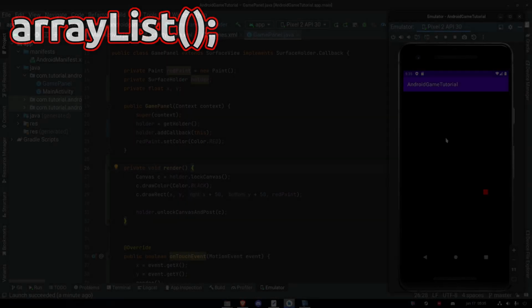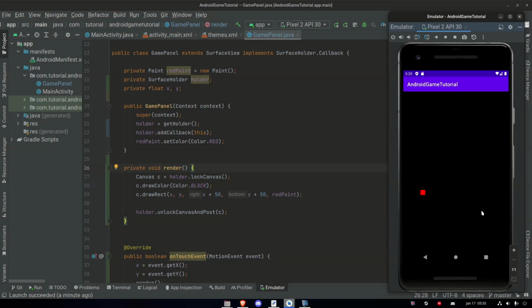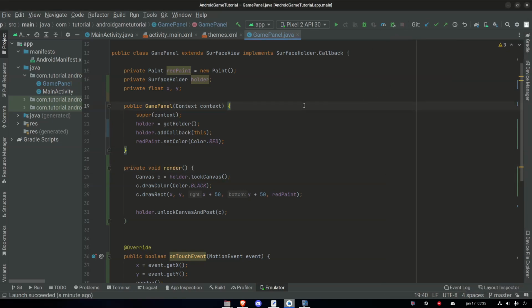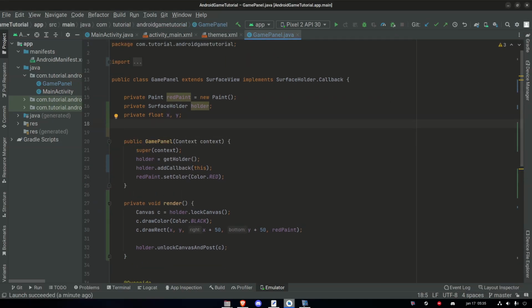Let's do that. Let's actually draw a red square wherever we are touching on the screen. Not just redraw one square, but add one new square every time we press somewhere on this screen. So how are we going to do that? Well, let's stop the app for now. And let's go ahead and just add a